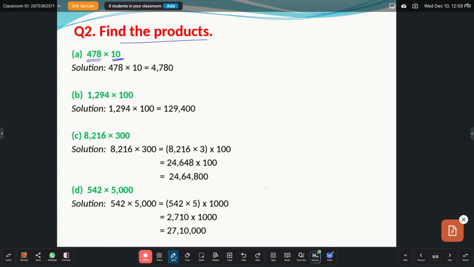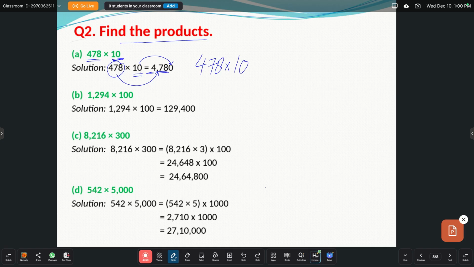Okay, so you got it. I told you that if you have to multiply any number by 10, what will you write in the product? You will write the multiplicand. Here 478 is the multiplicand. To write the product, you will write this multiplicand again here, that is 478. And you will add as many zeros as there are in the multiplier. How many zeros are in 10? There is only one zero. So we will write down 0 to the right of this multiplicand and we will get our required product.